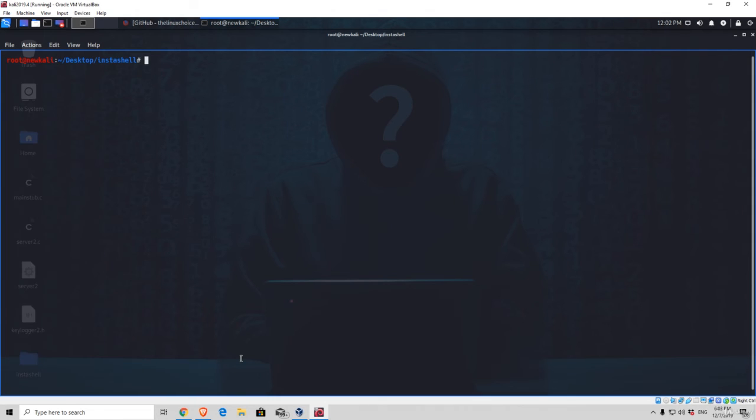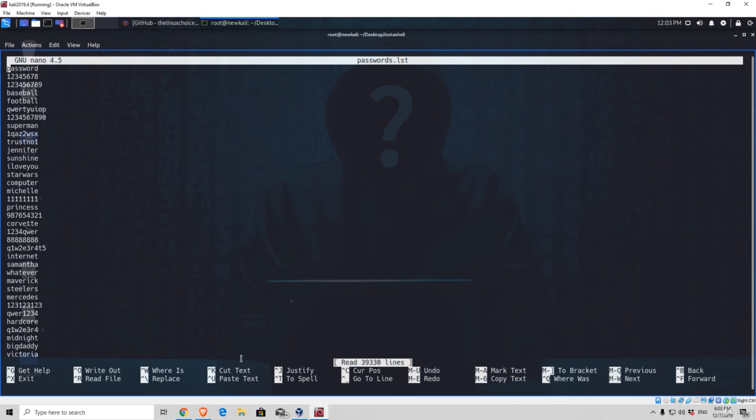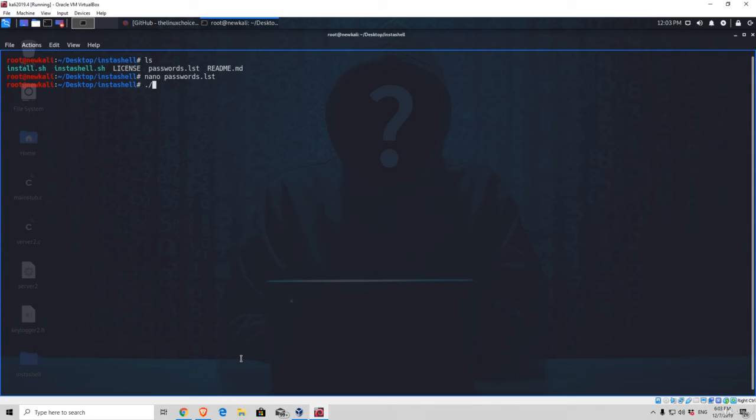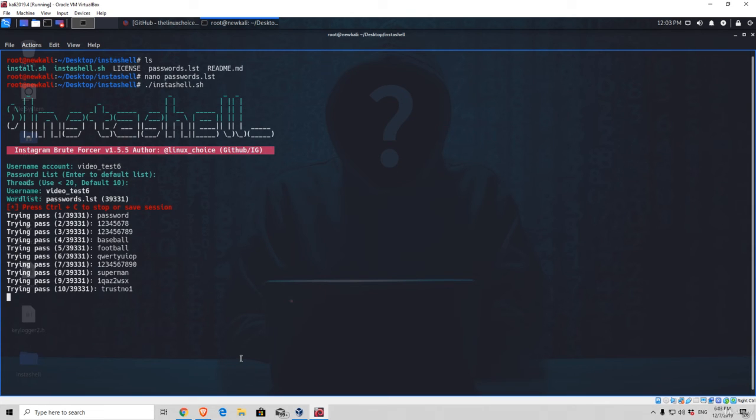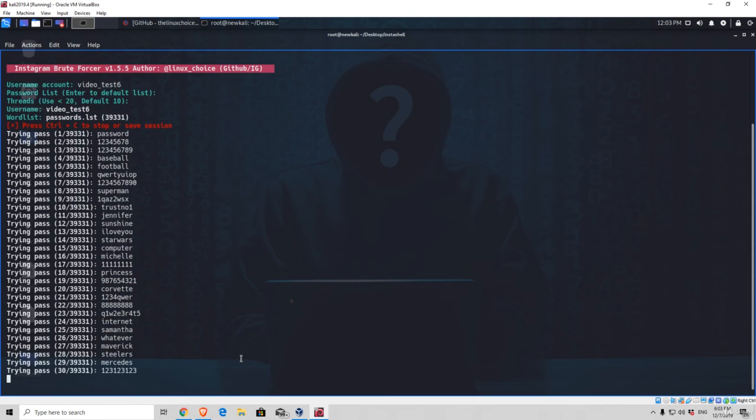And I will go to the password list that they have in the InstaShell folder, and I will add the password manually. So let's go a little bit down, and after the Coca-Cola, I will add the password, which is test1234, for the account that we're trying to attack. I will save this, run the program once again, type the account name, and press enter as well. It will run the program,